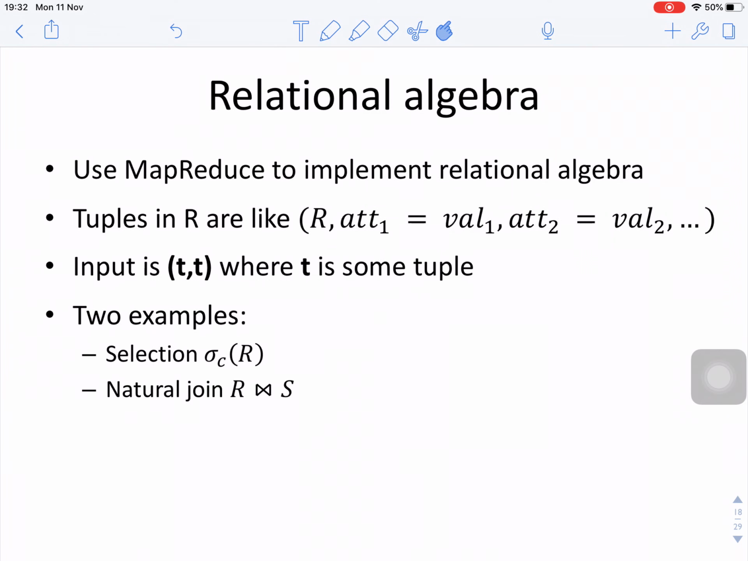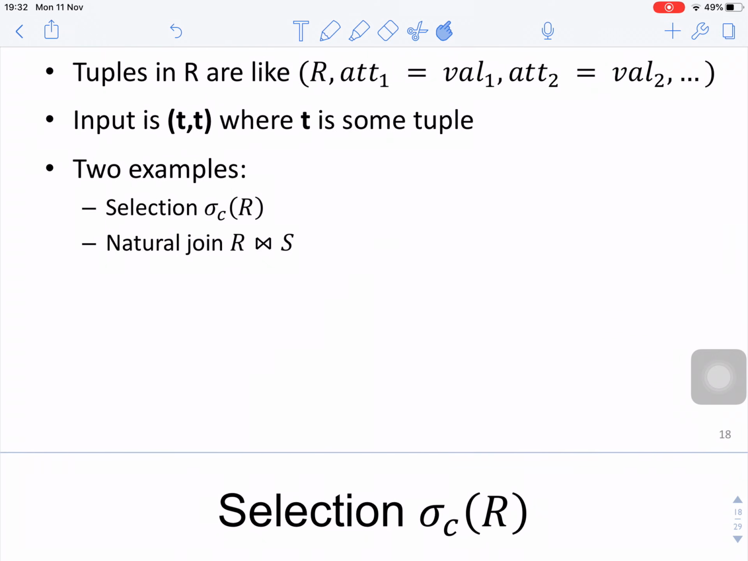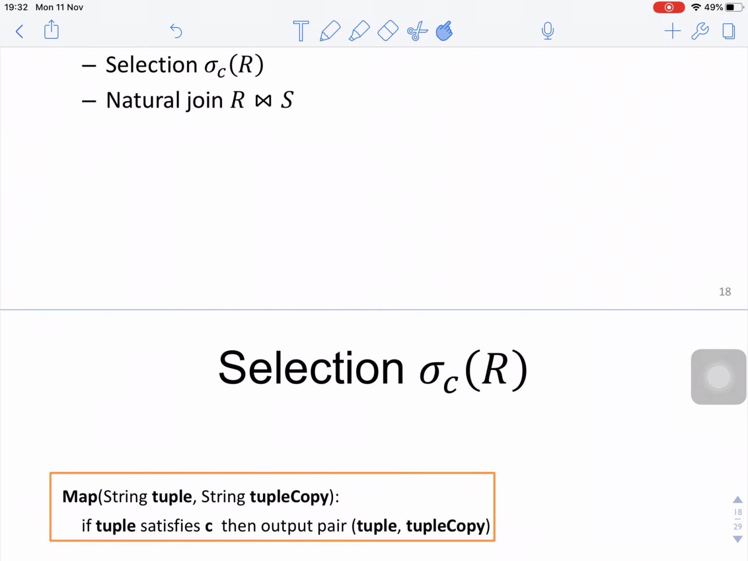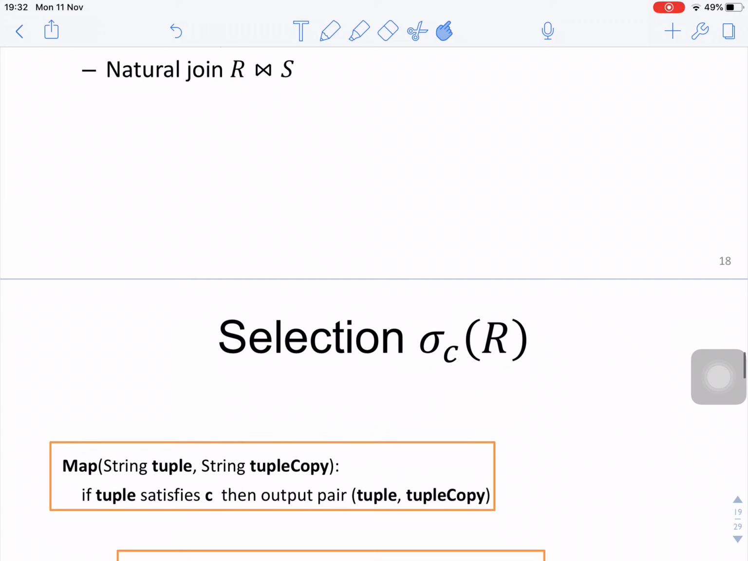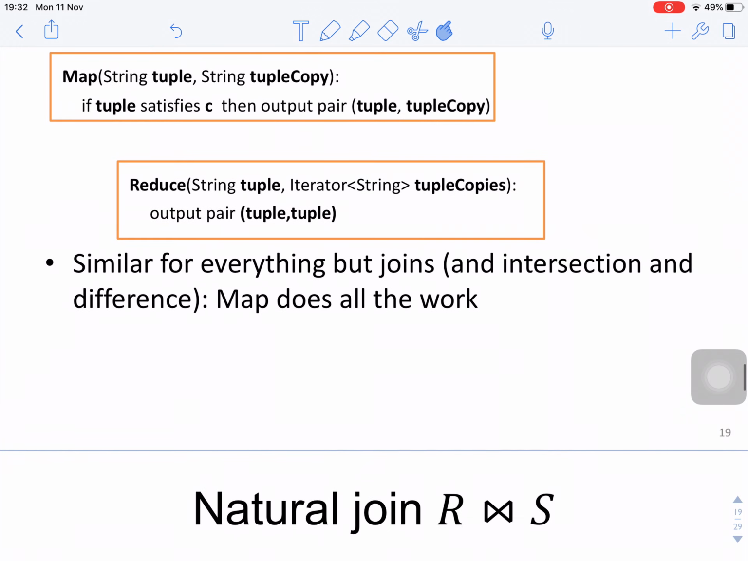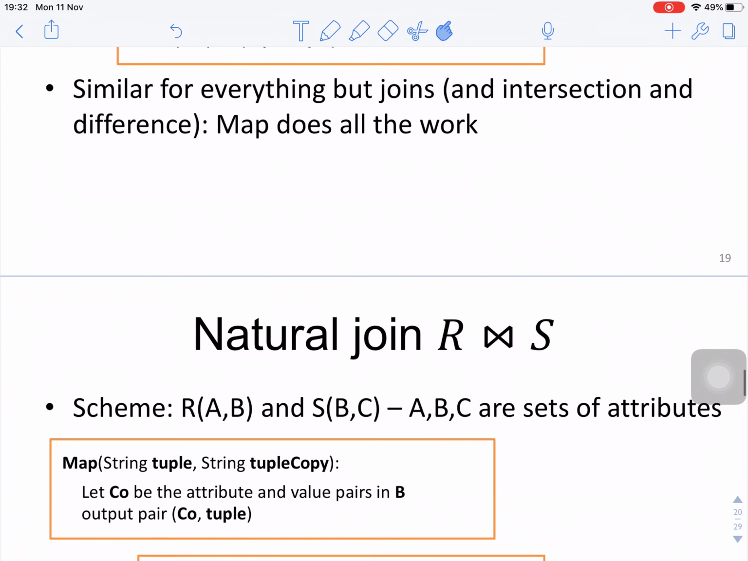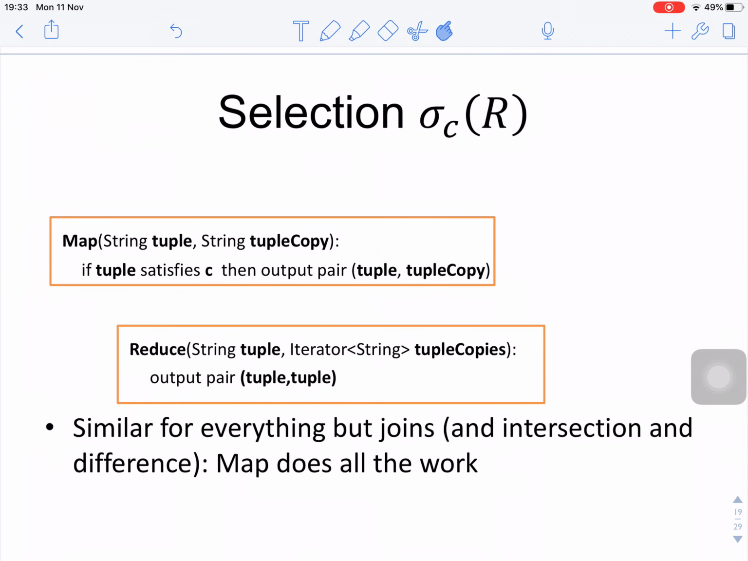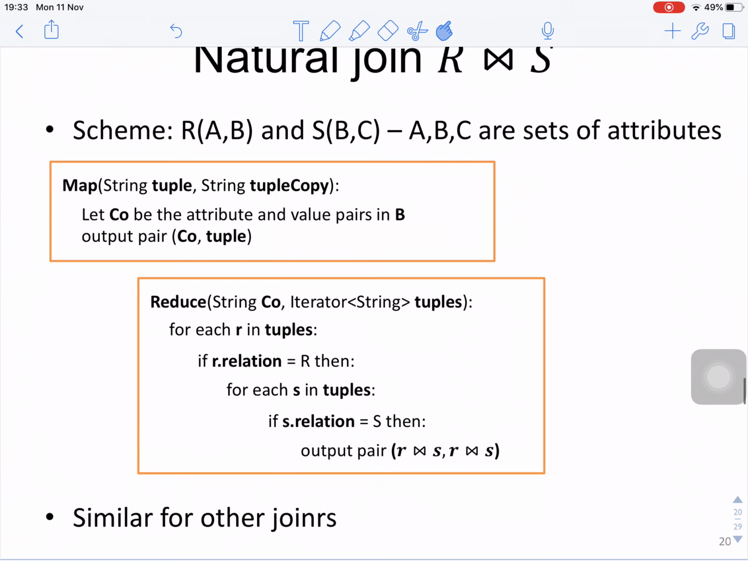Relational algebra can be implemented using MapReduce. The tuples in R look like R, attribute 1, value 1, attribute 2, value 2. The input is a set of tuples T. For example, we can do selection on R, a natural join of R and S, and selection from R where a condition holds, using map and reduce. It is similar for everything but joins and projections, which differ. For selection, the map does all the work. The natural join is